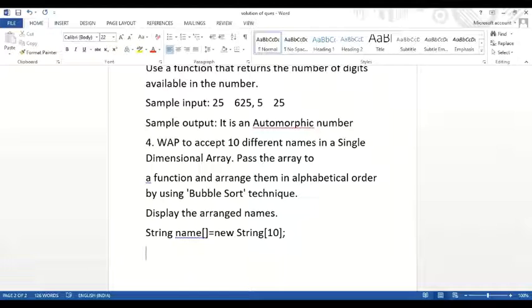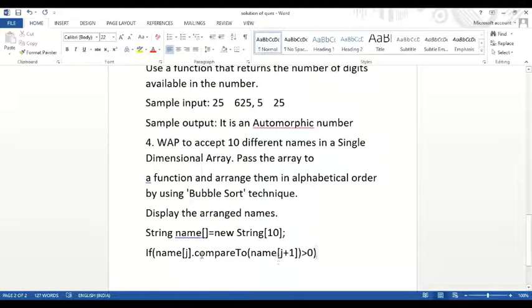For j equals to 0, j is less than 9 minus i, j plus plus. Inside the inner loop, you will be writing the statement if name at position j dot compareTo name at position j plus 1 is greater than 0. What will happen if it is greater than 0?